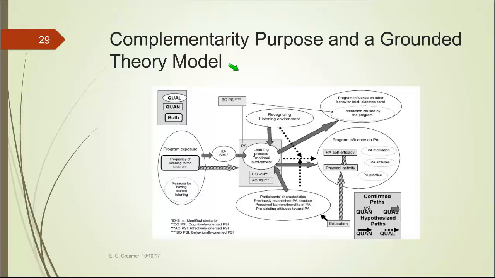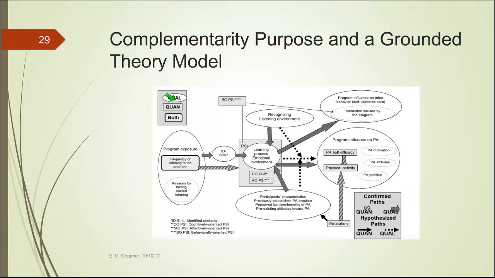A really nice match, but sometimes people find it ambitious, to the complementarity purpose, is the development of a grounded theory model using mixed methods approaches. This research and these footnotes, the citation is in the footnotes, comes from a wonderful article that was a dissertation by Kawamura, a Japanese person who's active in mixed methods. And she developed this wonderful grounded theory model where she